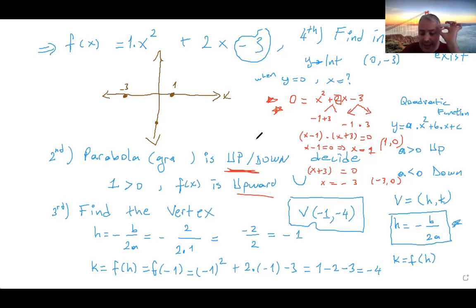Where is the vertex? It's crucial. It's so important, essential. Where is the vertex? Negative 1 comma negative 4. So negative 1 here and negative 4 somewhere here, right? Negative 4, negative 3. Yes or no? Yes. Okay, now I am ready. So upward or downward? Upward. So when I join these points,